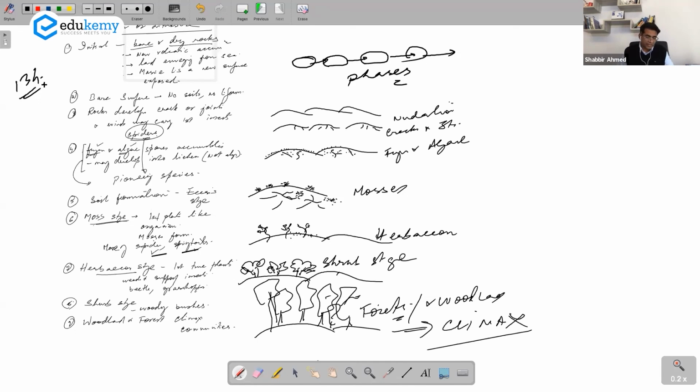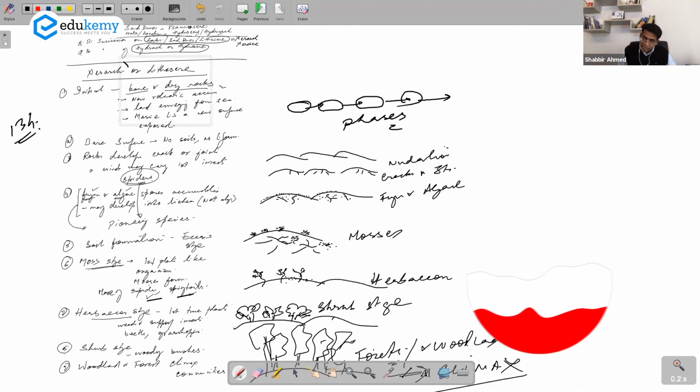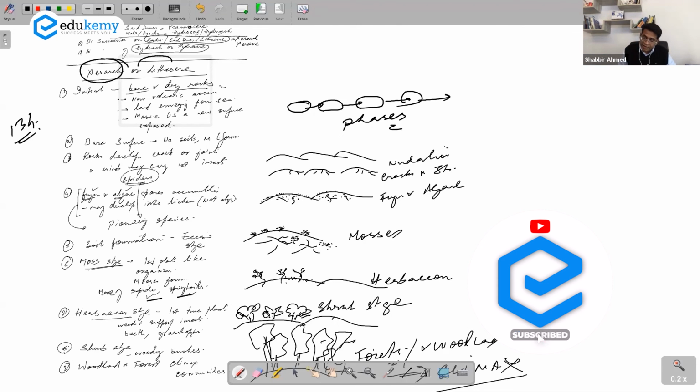I've shown the references. I also want to tell you about the sequence of the Hydrarch or Hydrosere. ये आपकी किताब में नहीं है. You go by the class notes, please. The development of Hydrarch or Hydrosere. ये Xerarch या Xerosere या फिर Lithosere दोनों के लिए यूज कर लेना. It's applicable for both.